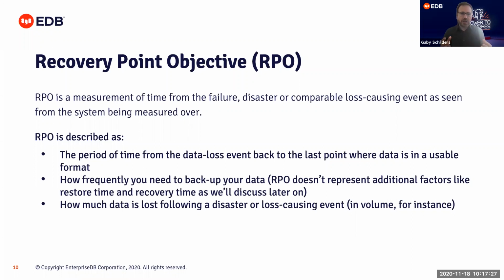So looking at RPO, the interesting information that you need to look at is, if records are lost, how much loss is acceptable to me? Can I restore from other sources? And this is usually described as either an amount of time of data that is lost, or a volume of data that is lost. For instance, we may not lose more than a certain amount of forms, right? So looking at this factor,